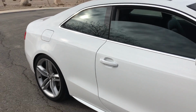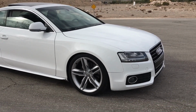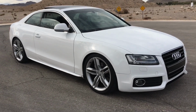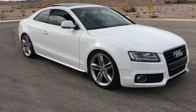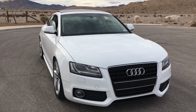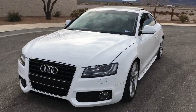I keep saying it, but the car has been pretty solid. It's pretty reliable. Now, I know the 2.0T version of this car, I don't know if you know, but those cars have issues with the timing chain tensioners. So if you have that version of the car, I'd recommend going to the dealer and having those swapped out if you haven't had them done already, because they are prone to fail in the earlier 2.0T models of the